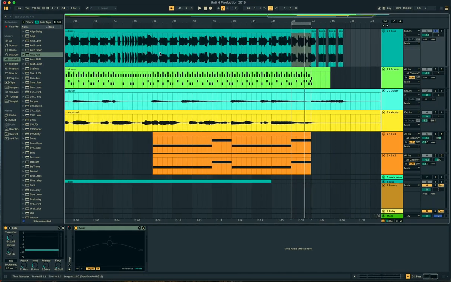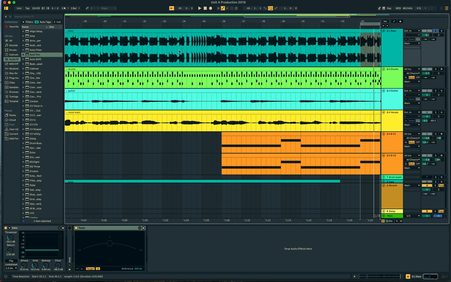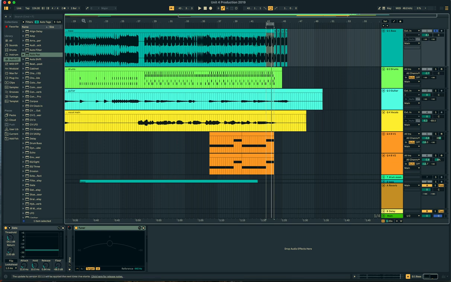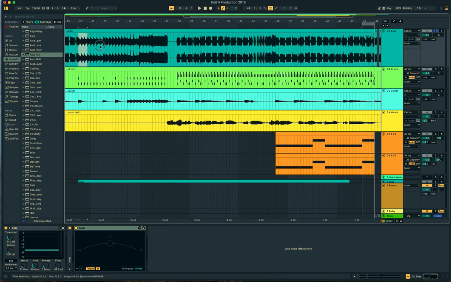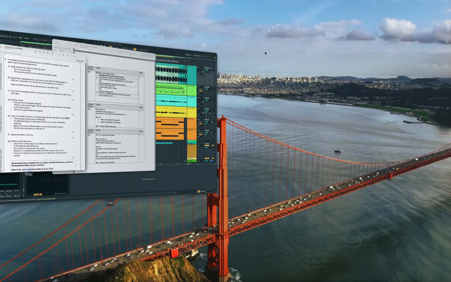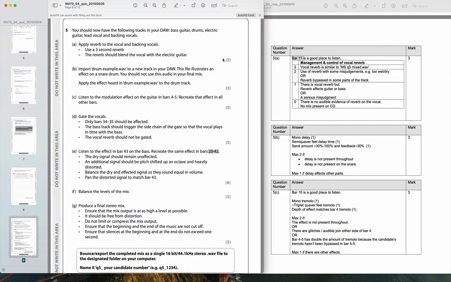So all I'm going to do is, on that track, highlight bars 20, which is here, all the way up to 42. So that's quite a lot, isn't it? Which is right there. So again, highlight it, loop it. That's exactly where this effect needs to take place. So I'm now going to